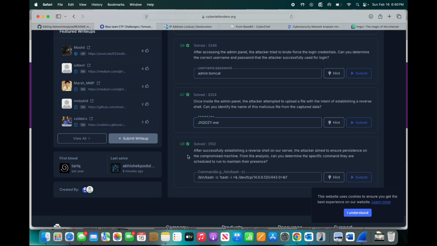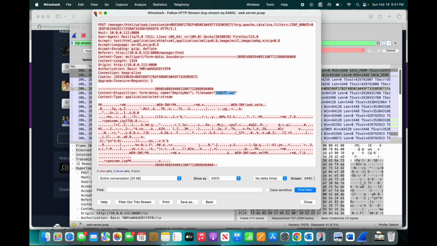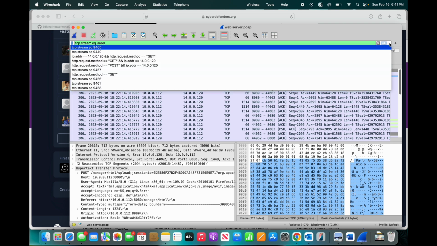And for the last question, so after successfully establishing a reverse shell on our server, the attacker aimed to ensure persistence on the compromised machine. From the analysis, can you determine the specific command they are scheduled to run to maintain their presence? So you might not know, this might also be a little complicating for you. You might not know what reverse shell is. You could see right here, they show an example of a command that they're looking for, which is like the /bin/bash. And how we're going to get there is we're just going to go back through our filter,